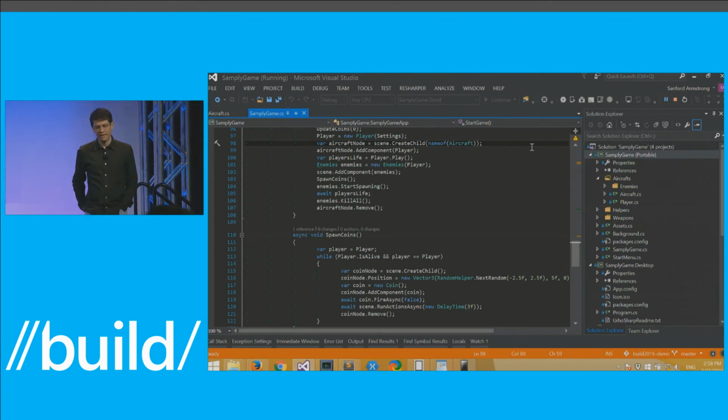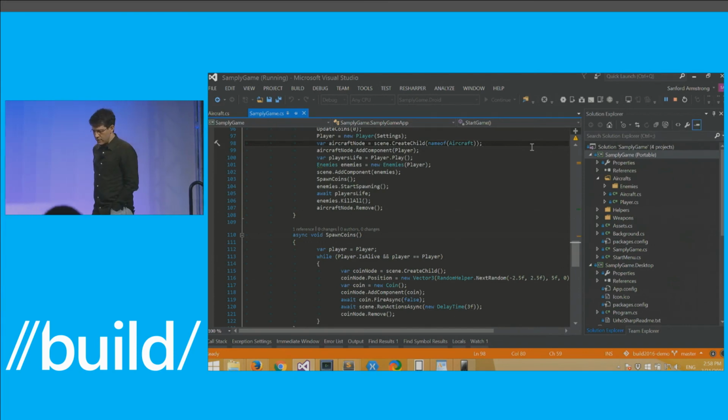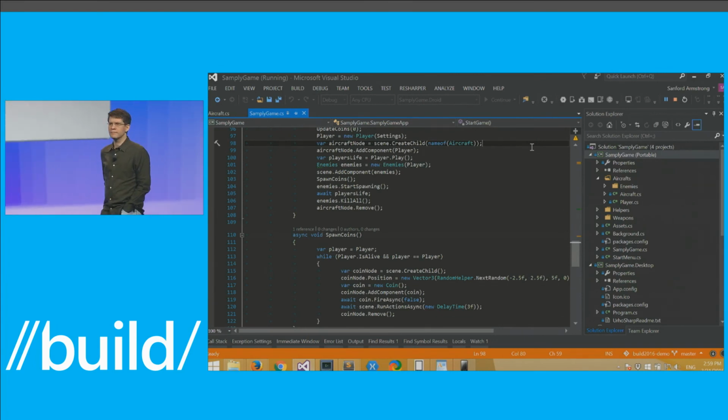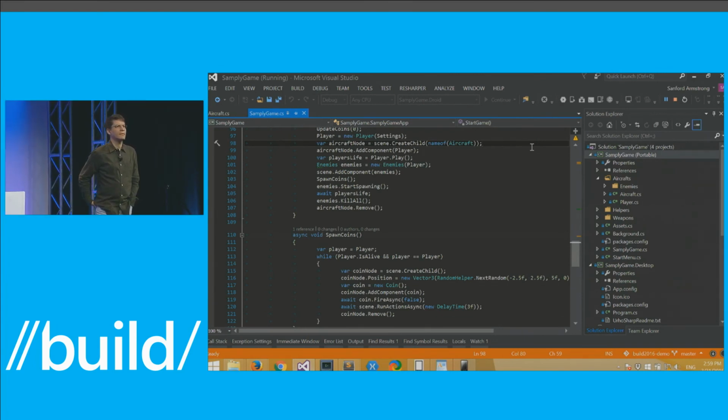Put in a bug report. No, two things. The UWP support was in preview, and we're graduating it very soon to stable. And the second piece is it will be open source, so you will no longer be at our mercy to address some of those issues. But we're very well aware, and we're working on that. Thank you. Does the inspector work with WPF? It does work with WPF, yes. Awesome.